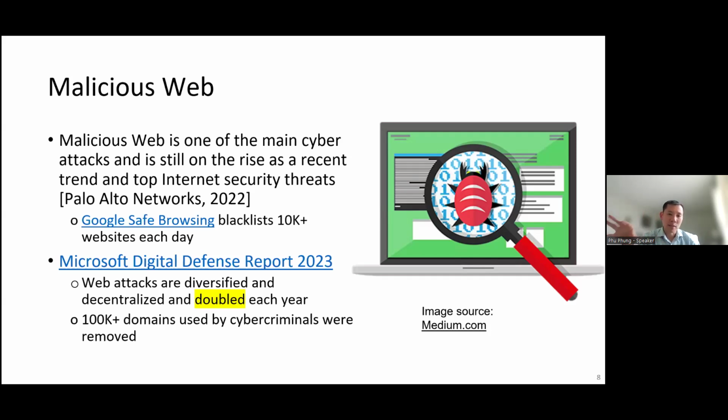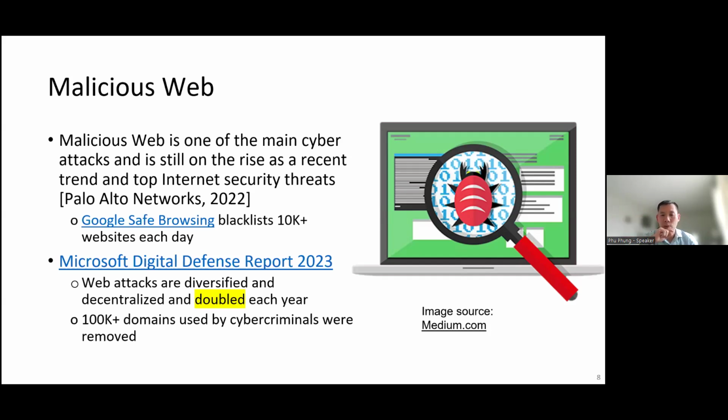Why is the malicious web still important? I provide you some of the reports here. You see that the malicious web is still going on, right? Just last year you see that web attacks doubled each year.